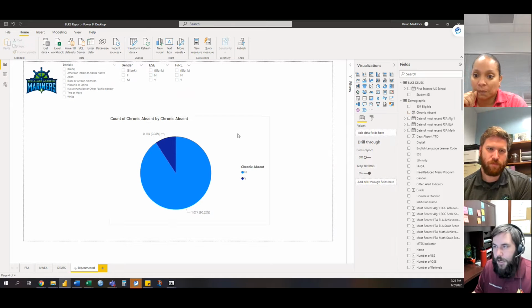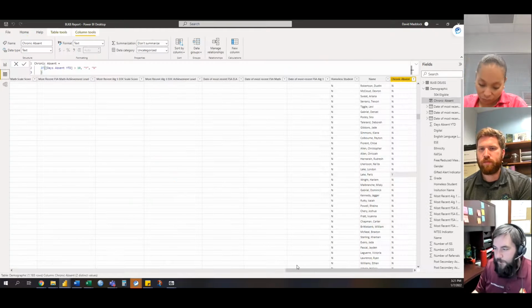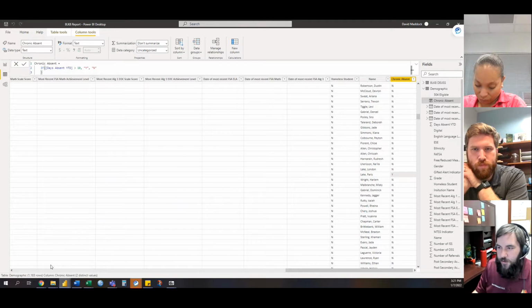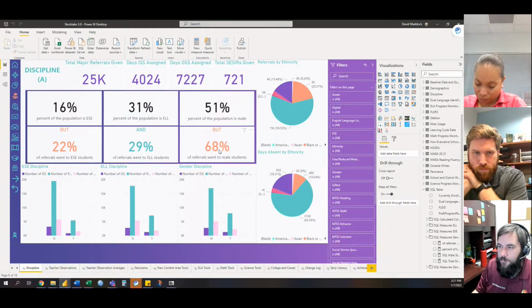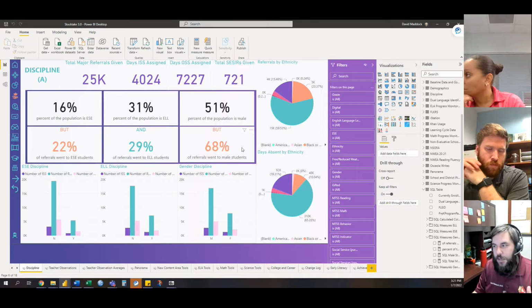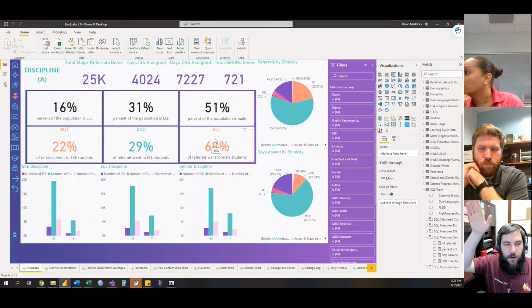So that's a calculated column. You can do the same thing with a measure if you want. Columns will make the data for every single kid. It makes this data exist. Measures are much more useful if you want it to make a single number, if you want it to count all of the kids. So I have a school grade Power BI that I've made, and I tell it to count every kid who